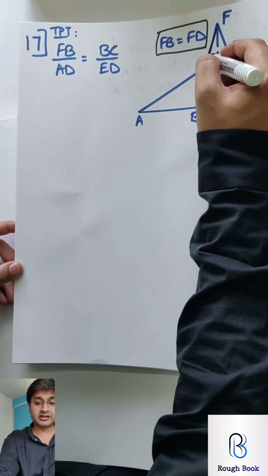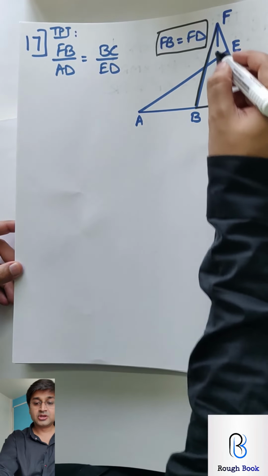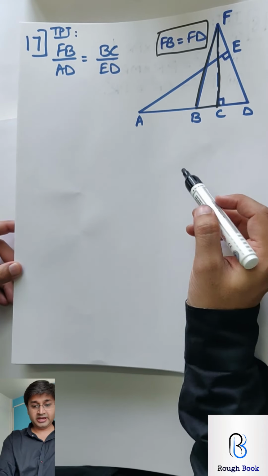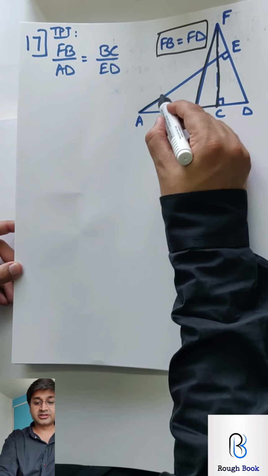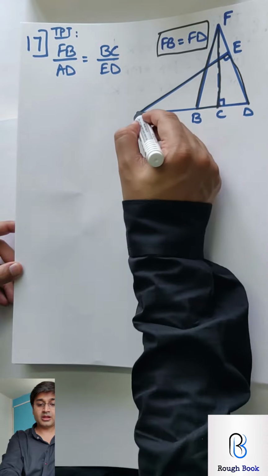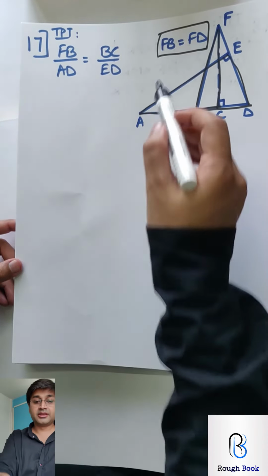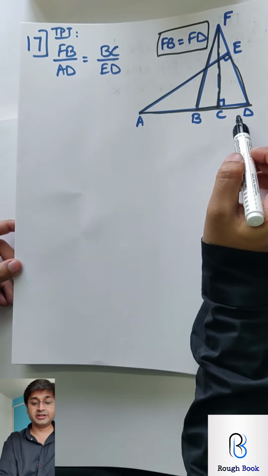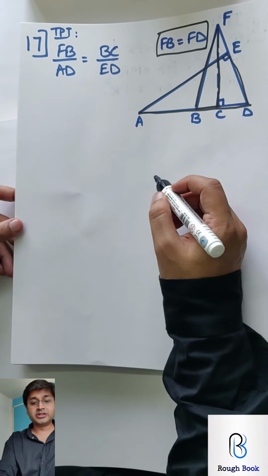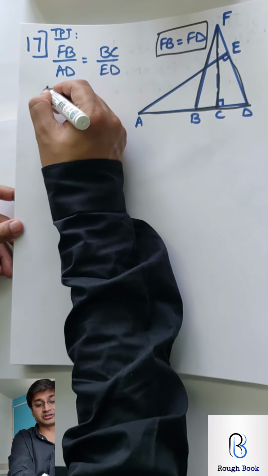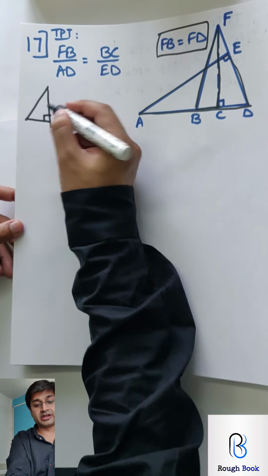FB, BC belong to one triangle, so obviously your triangle is this FCB. AD, ED, so that is this triangle here. Now how will you prove these 2 triangles similar? Now they said FB is equal to FD. Alright, so what we'll do is, before getting into this, we will draw these 2 triangles in the same format outside in order to understand what do we have.